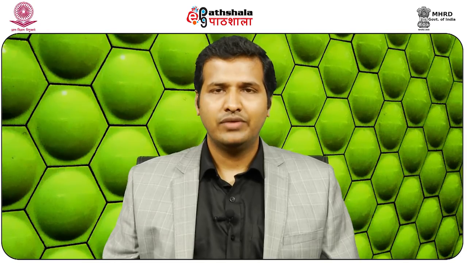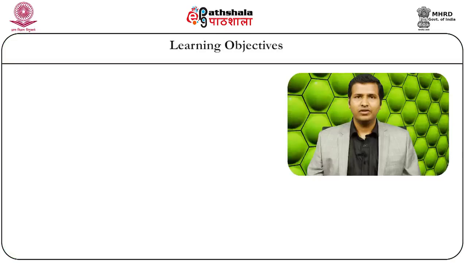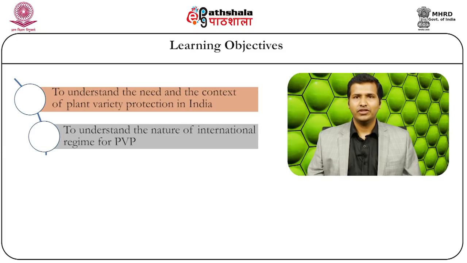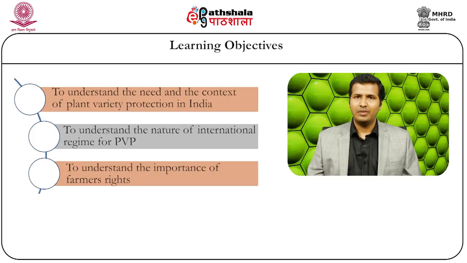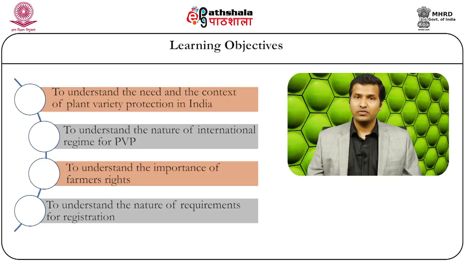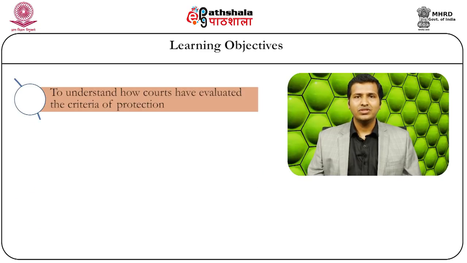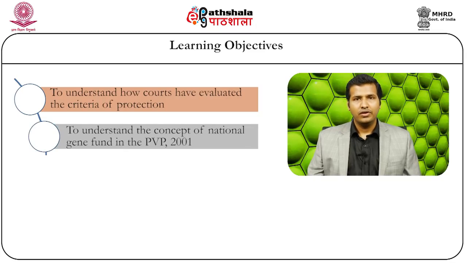In the context of plant variety protection, we have the following learning objectives: to understand the need and the context of plant variety protection in India, to understand the nature of the international regime concerning plant variety protection, to understand the importance of farmers' rights in the context of plant variety protection, to understand the nature and requirements of registration concerning plant variety protection, to understand how courts have evaluated the criteria of plant variety protection,